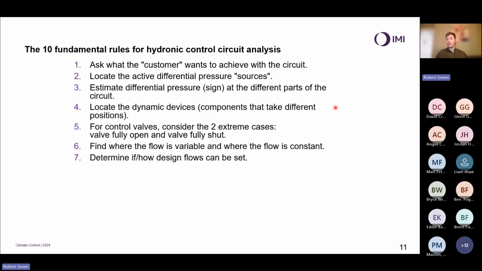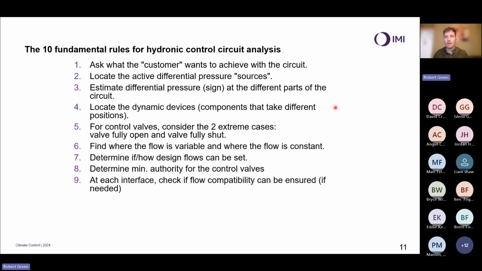And we're going to learn about something called authority in two weeks' time, but we need to determine the minimum authority for the control valves, which is really important with two-way control valves. Often I see designs where they're only considering the design authority, i.e. the best possible case. But minimal authority is where we're talking about this 60–70% of the year, where we only have 4% of the pressure drops in the system, and my control valves are seeing the highest differential pressure. They're going to be spending most of their life in that scenario. So we need to ensure we're designing to achieve that.